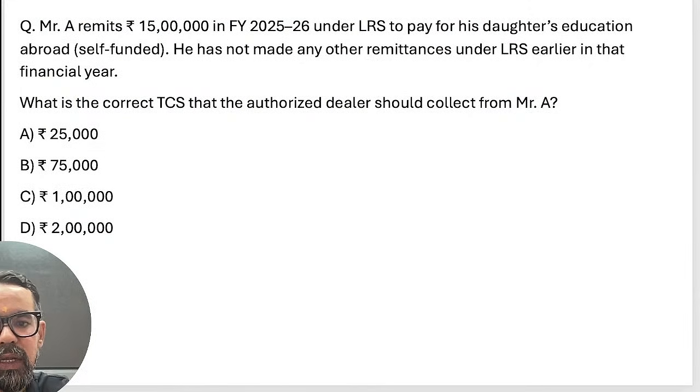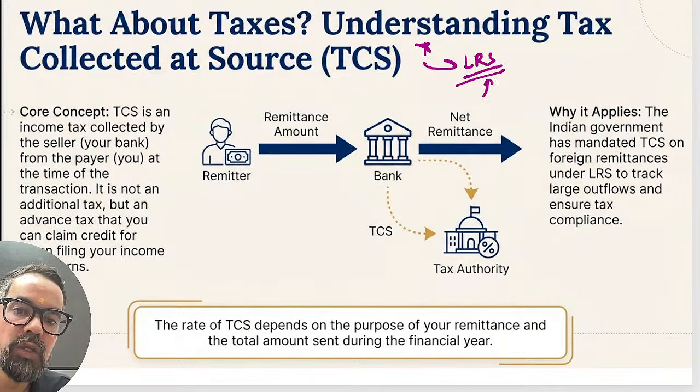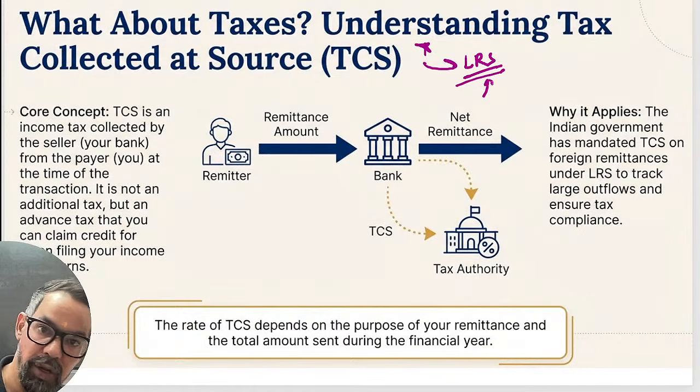Okay, next one we have TCS. Now this is something which is very important. TCS is basically with reference to LRS, Liberalized Remittance Scheme. This question you will definitely see whether in PPB or in the AFM exam. TCS is called tax collected at source. There are some services which attract some additional taxes, like if you purchase a luxury car, any car worth more than 10 lakh, you have to pay 1% additional tax, that is your TCS, apart from the normal taxes.